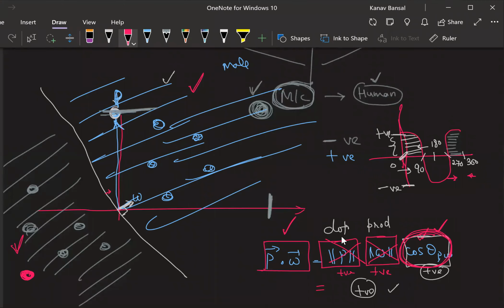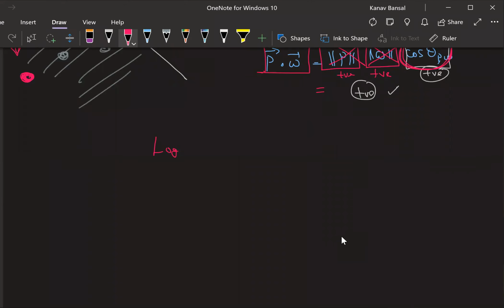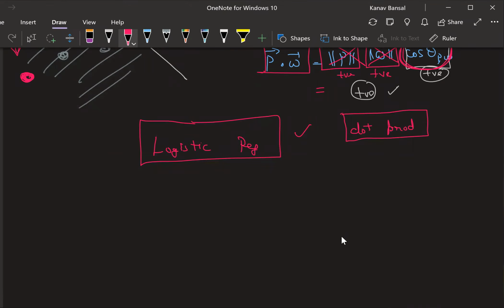How many are able to understand this? I just need to calculate the dot product. That's it. The dot product works very similar to what we call logistic regression. I can actually derive the entire logistic regression formulation just by using this dot product concept. But that is a little mathematically heavy and advanced concept, so let's not go into that. Is that fine with everyone? Yes or no?